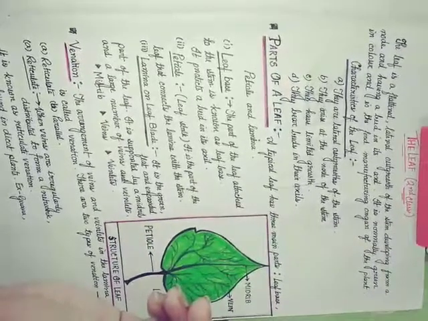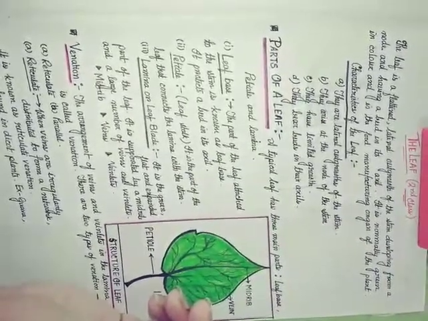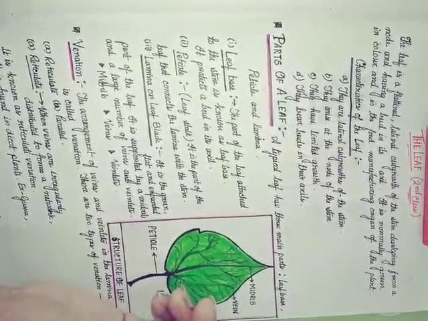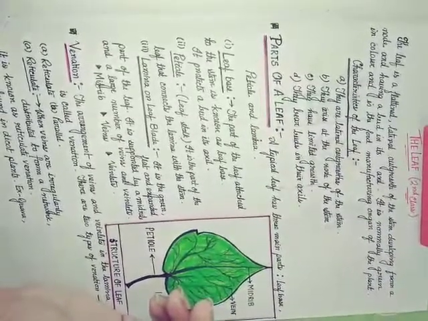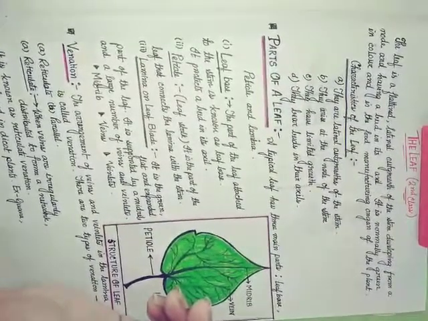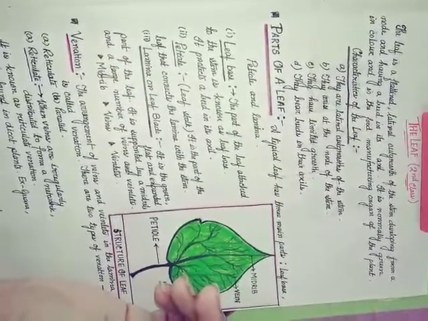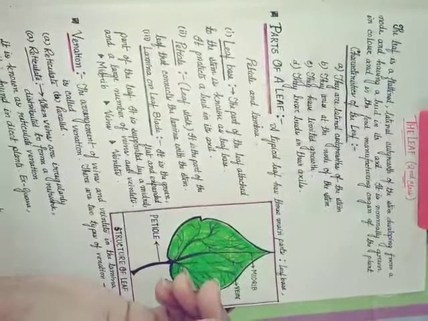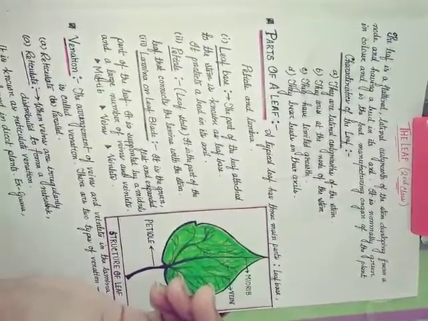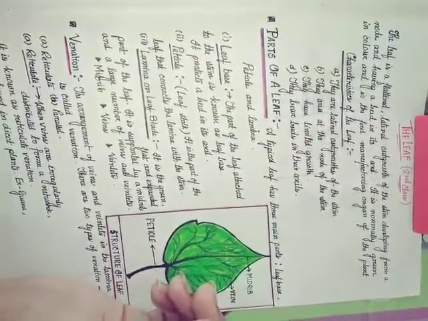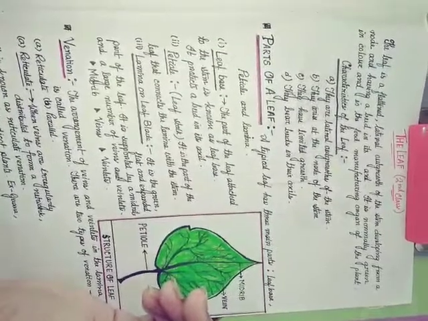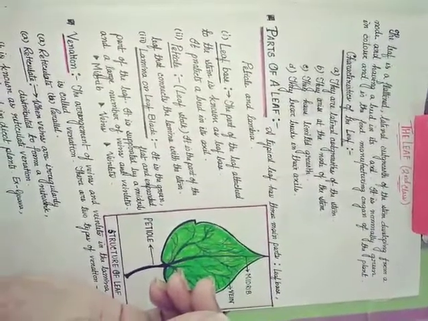Today we are starting our class with the same chapter, the leaf. In our previous class we have learned about the root system and the shoot system, but today we will start with the structure, characteristics, and parts of leaves. Follow the class properly.